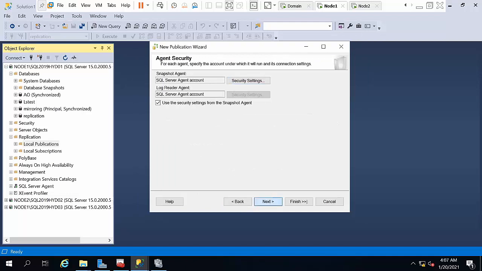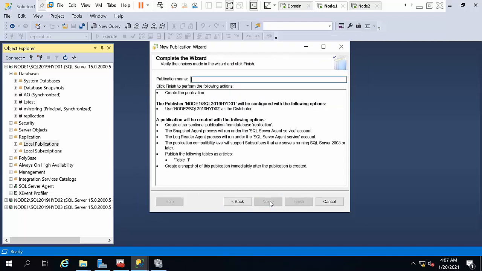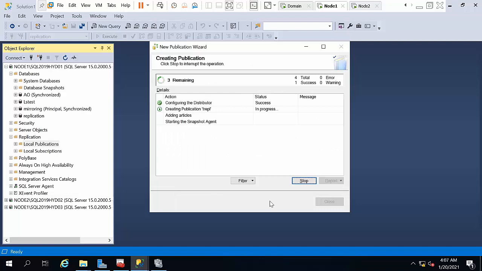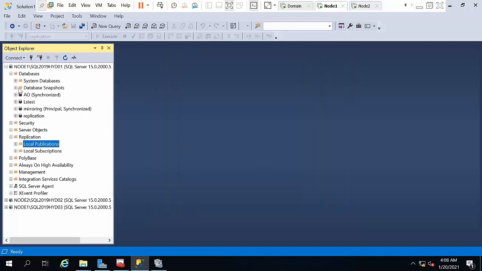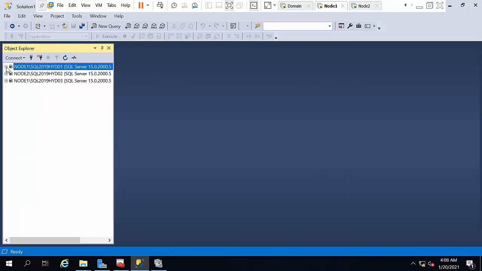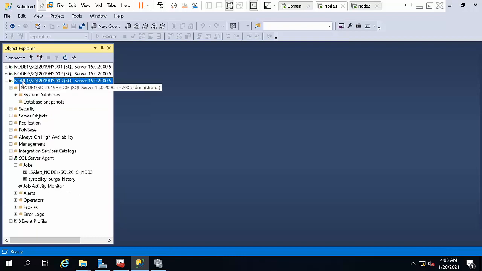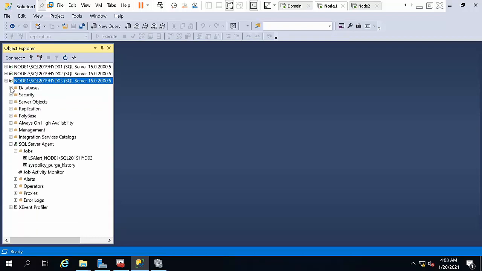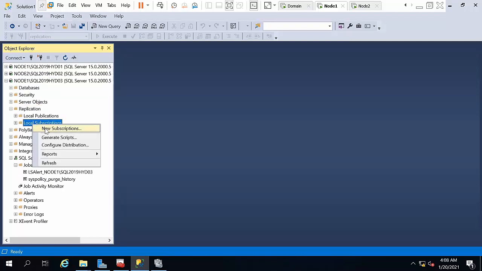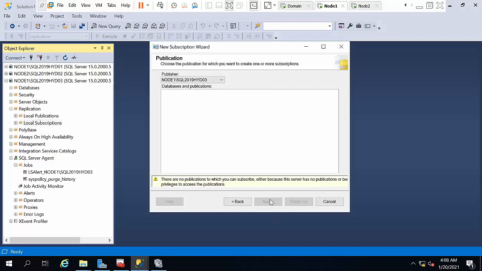okay, transaction, transaction t repl. Now we have successfully configured the distributor and publication. Now we need to go to replication, local subscriptions, new subscription, next,